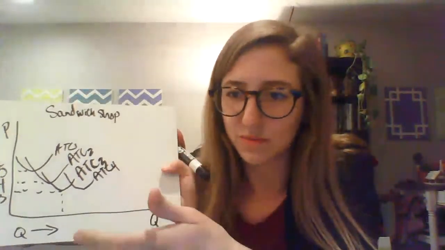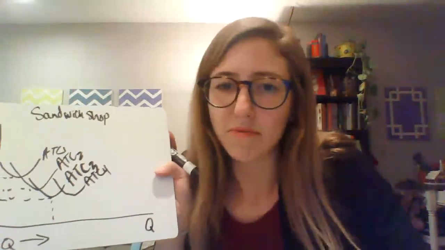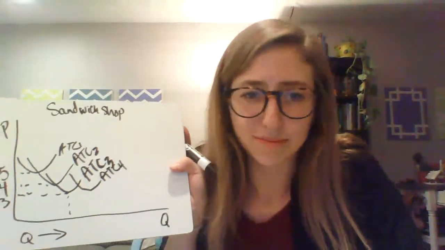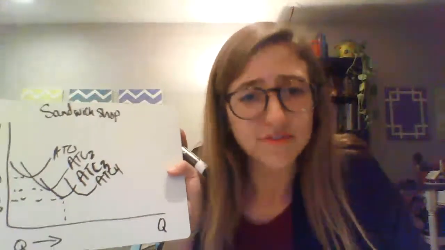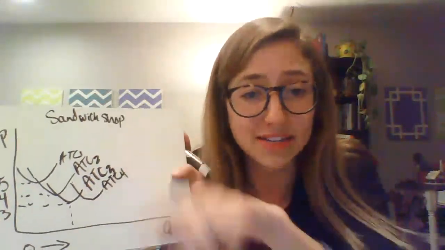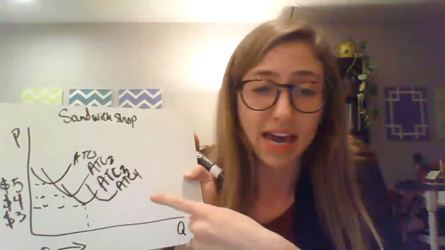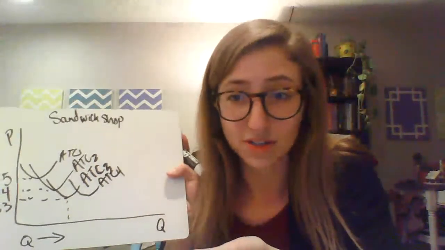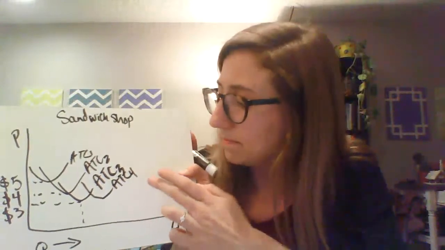There's not much benefit to expanding for a bigger piece of capital, right? They've run out of the economies of scale. We call this constant returns to scale. Okay, so if you calculate your ATC at the beginning and your ATC at the end, and it stays the same, that's constant returns to scale. Okay. All right, and then